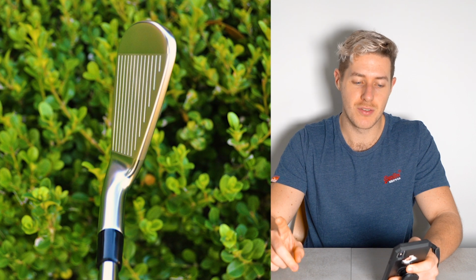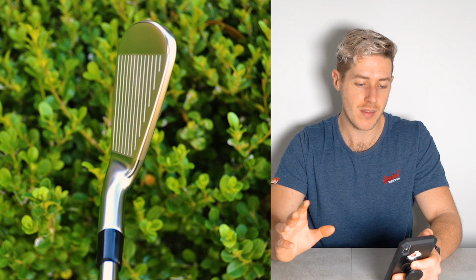So there is a conscious effort to make these clubs more forgiving from Callaway, but there are some other things going on with these irons which have really caught my eye, which you can't see from the outside. It's a hollow club head, which is still forged, so it's still going to be very soft, and you'll have that tungsten weighting in as well. And there's something called Callaway's Urethane Microspheres, which apparently gives you better sound and feel at impact. Now, what are these? It's a piece of urethane, which I think is a soft plastic,